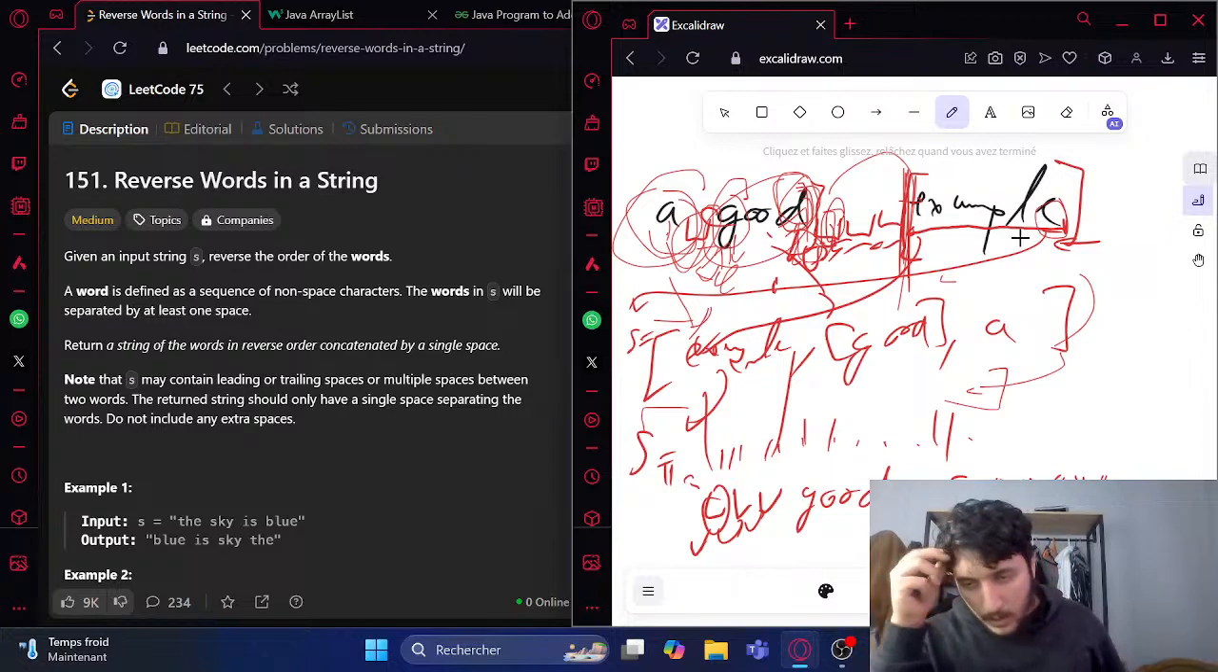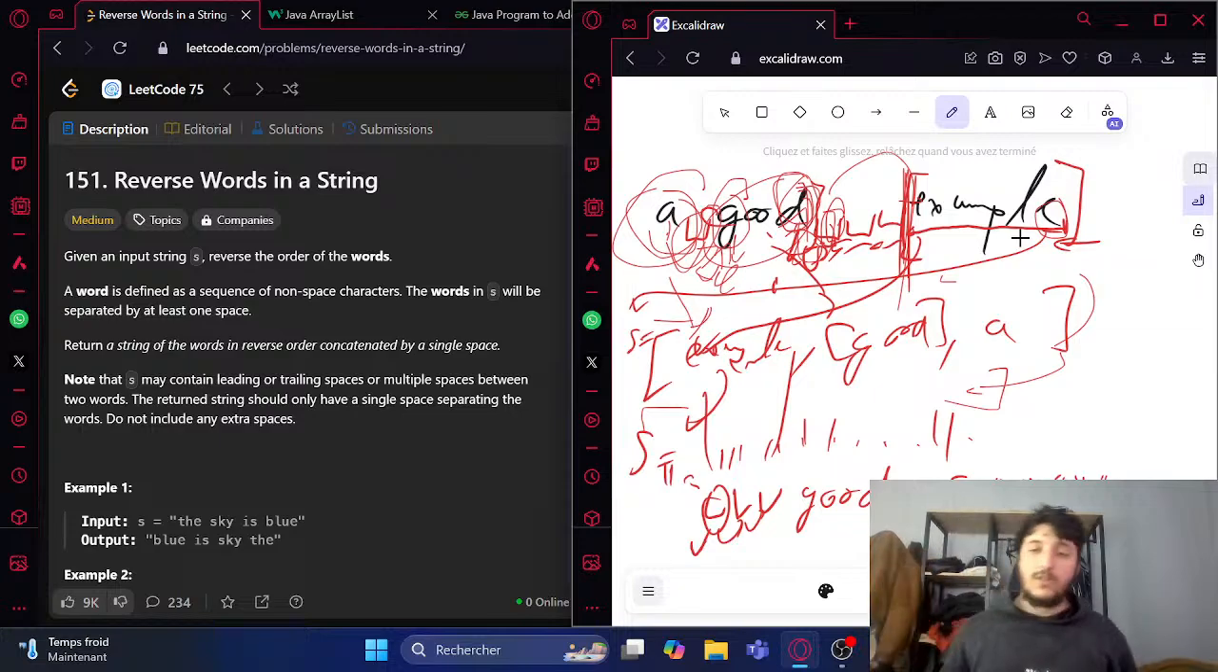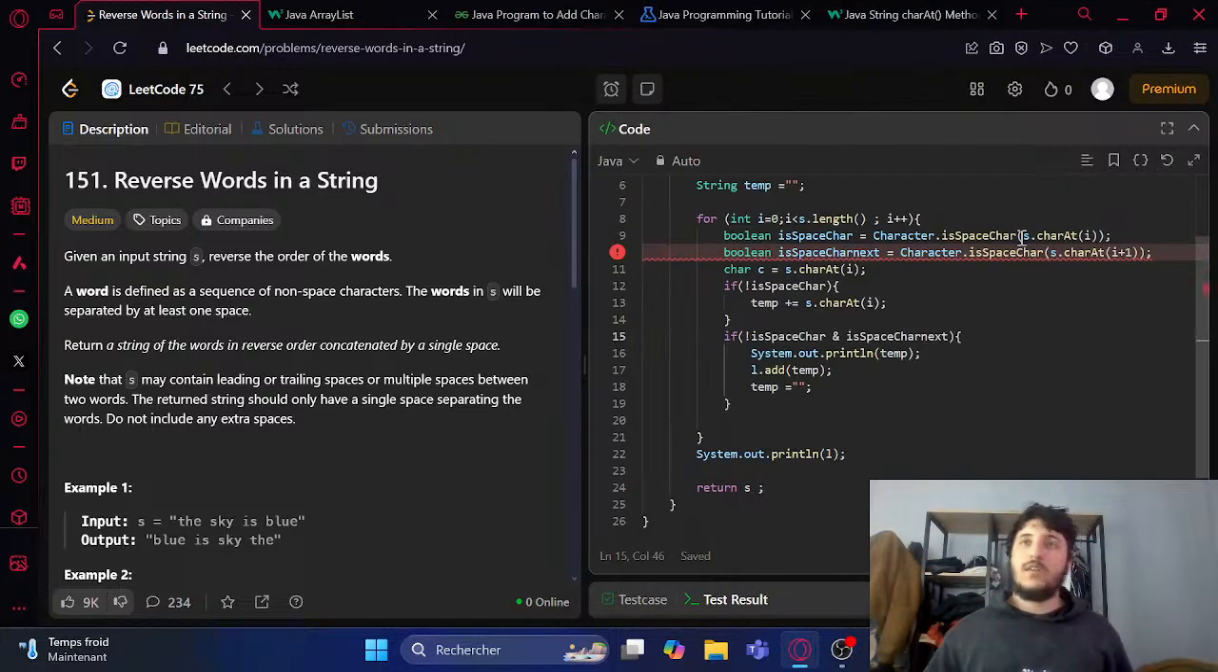you can use l.add(0, temp) to prepend that word into your array. This way the list will be automatically reversed. Oh, yeah, this is a good idea. So we're gonna insert it in the first. Yeah, it's good. Okay, so